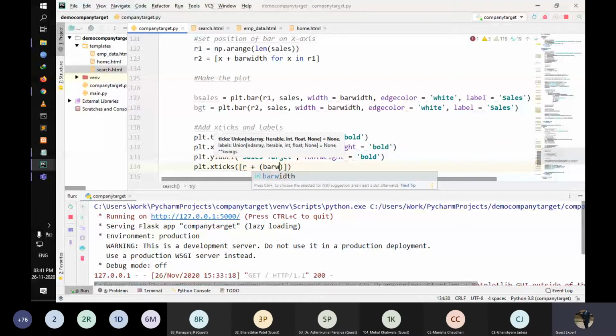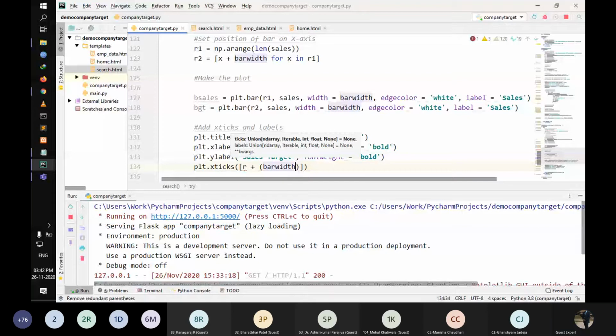Divided by 2, which gives them a center. So 2 bar representing over there, and for giving them the length of the cells, the name.